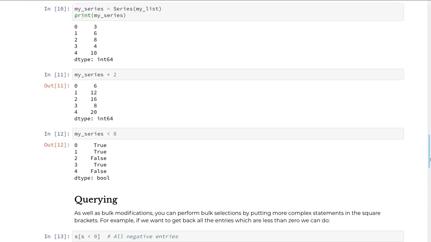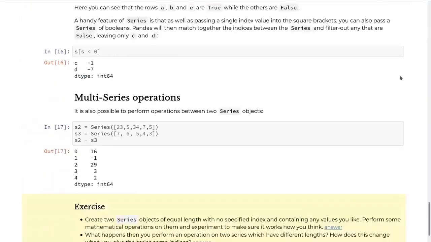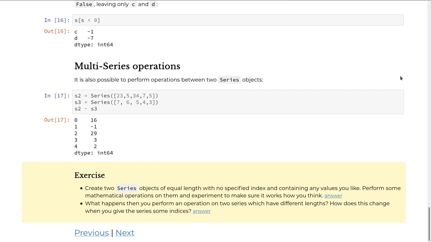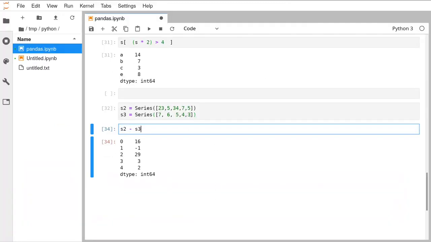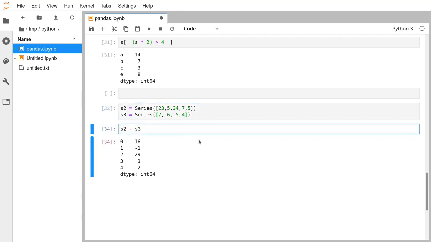So moving right down to the bottom of this, what was the title of this page? Introduction to Pandas. Moving right down to the bottom of that page, there is a final exercise here, which I will just go through with you. So create two series of equal length with no specified index and containing any values you like. Perform some mathematical operations on them. That's what we've just done there. Now what happens if they've got different lengths? Let's have a look. So let's make S3 shorter. So S2 we've got 5 elements in, S3's now only got 4. If you subtract one from the other,